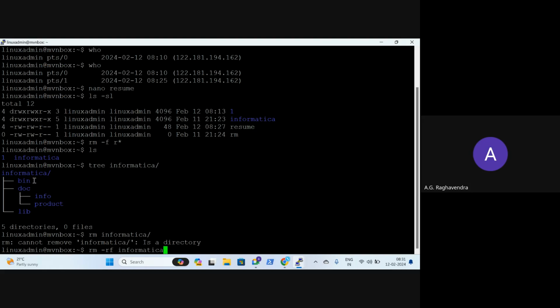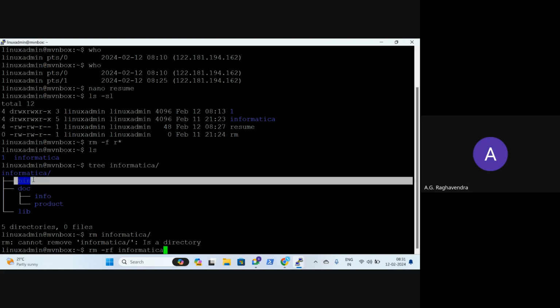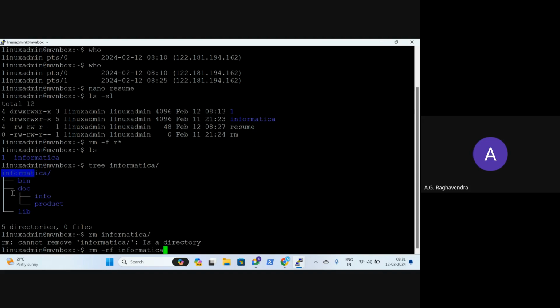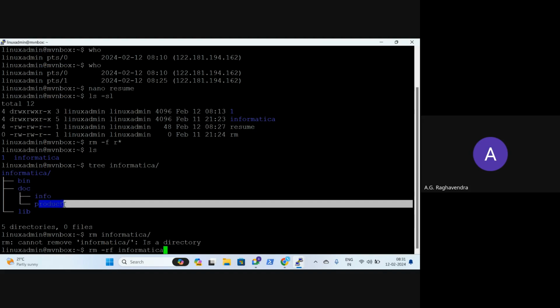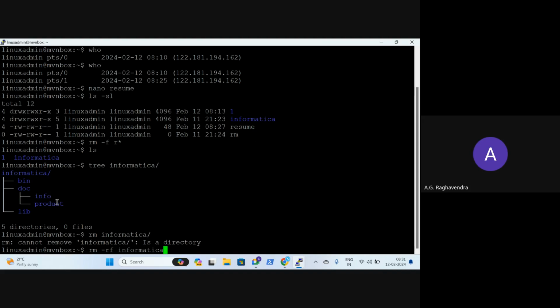There is no subdirectory. Bin is the last directory. Delete bin. Then goes to top level Informatica. Next level doc, goes to doc. Under doc you have info and product. It will go to info. There is nothing after info. Deletes info. Then deletes product. Then deletes doc.